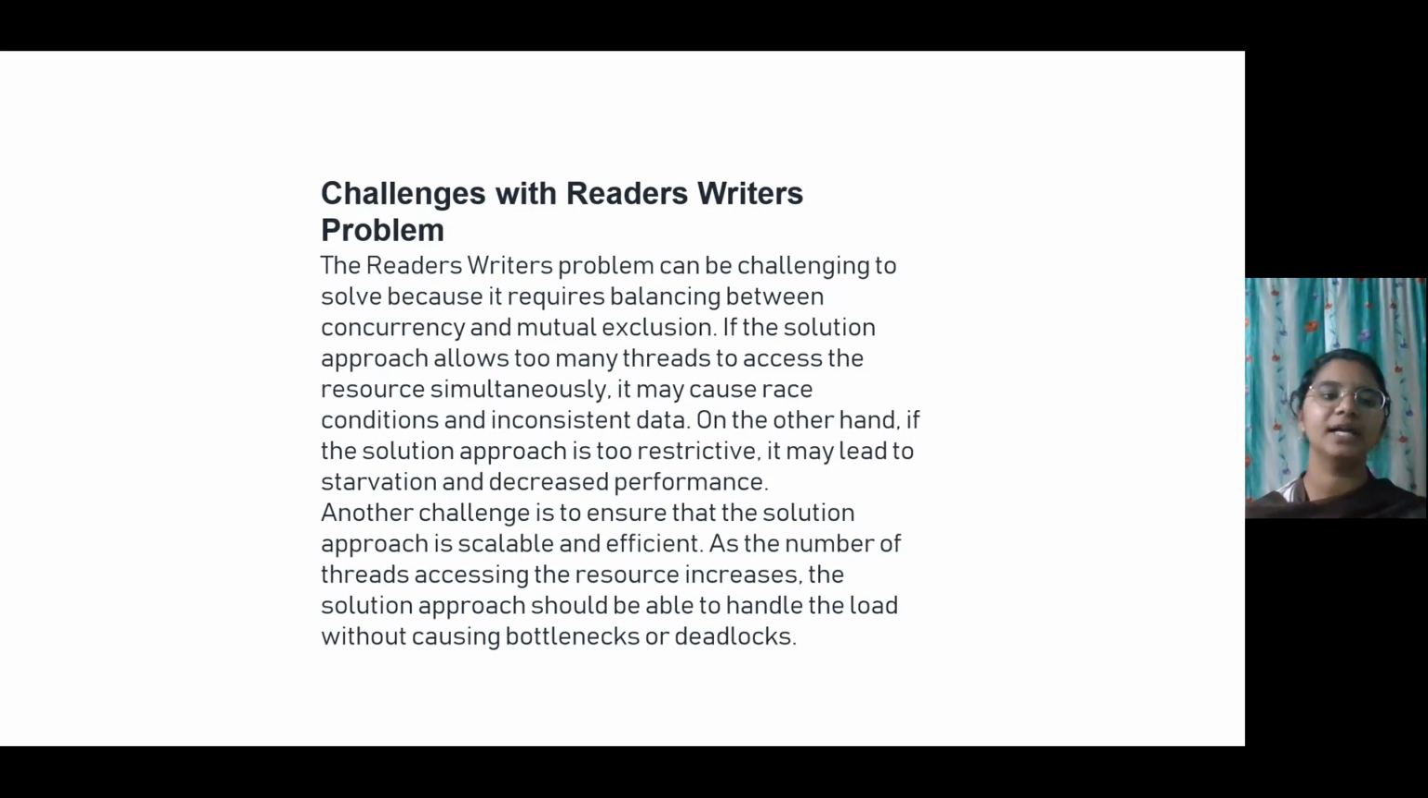Challenges with the readers-writers problem. The readers-writers problem can be challenging to solve because it requires balancing between concurrency and mutual exclusion. If the solution approach allows too many threads to access the resource simultaneously, it may cause race conditions and inconsistent data. On the other hand, if the solution approach is too restrictive, it may lead to starvation and decreased performance. Another challenge is to ensure the solution approach is scalable and efficient. As the number of threads accessing the resource increases, the solution approach should be able to handle the load without